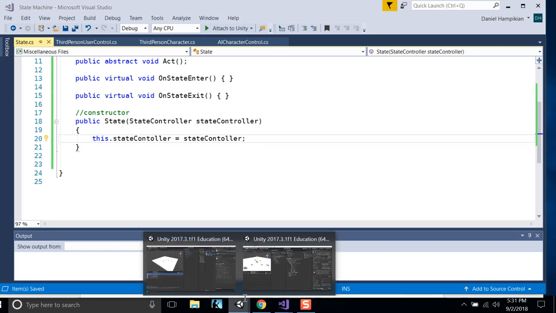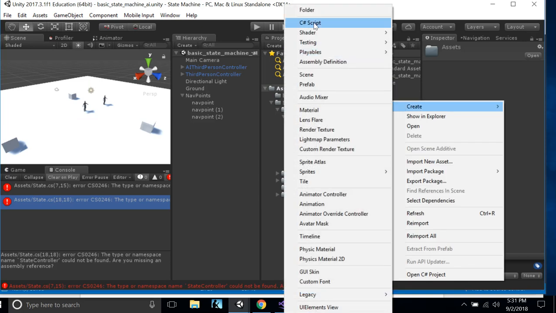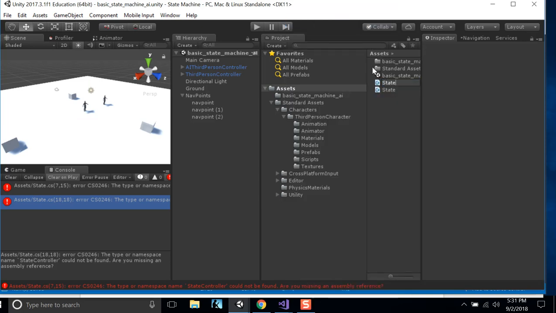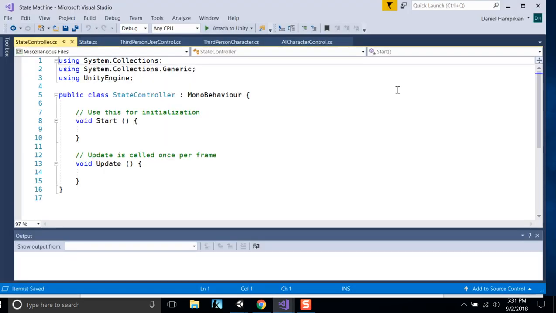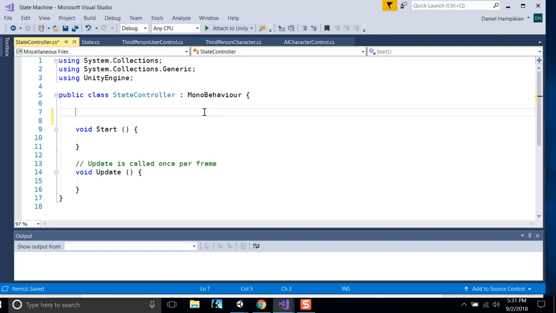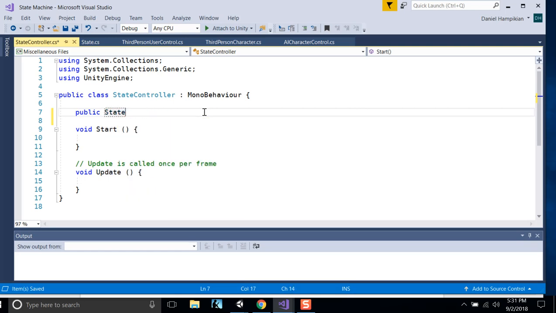So now we need to write the state controller class. It's throwing an error and saying, hey, you don't have a state controller script yet. So let's go ahead and write it. State controller, and open it up. All right, first thing we're going to need is a whole lot of variables. So we'll need a reference to the current state,